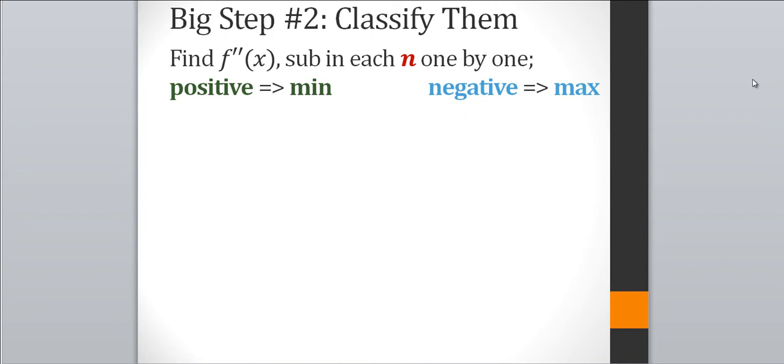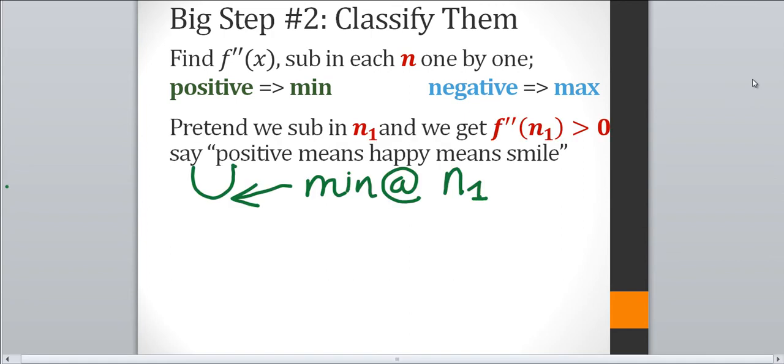Every time, if the answer is positive, then it means there is a minimum at that stationary point, and if the answer is negative, it means there is a maximum at that stationary point. Now, I've a funny little saying to help me remember: positive min, negative max. So as I said, we need to go through, get all the stationary points, and one by one sub them into f dash dash. So pretend we sub in n1 and we sub it into f dash dash